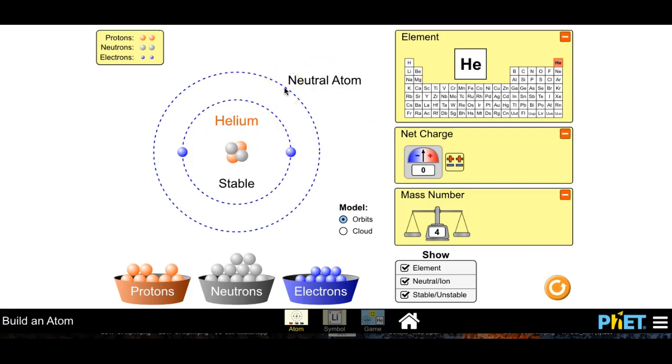Okay? Now you can keep doing this sort of thing by adding a proton and then seeing how many neutrons you need to stabilize it, how many electrons you need as well, and just play around with it and see how it changes what element it is, just to get an idea of how you have to balance things out using neutrons and electrons every time you add a proton. It's really important that you understand every time I add a proton, it changes the identity of the atom. Look at that. If I take this proton out,